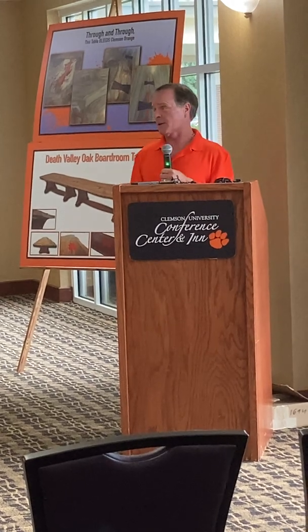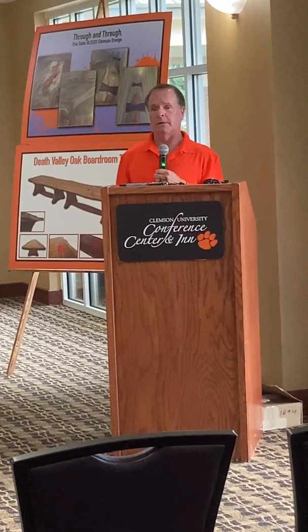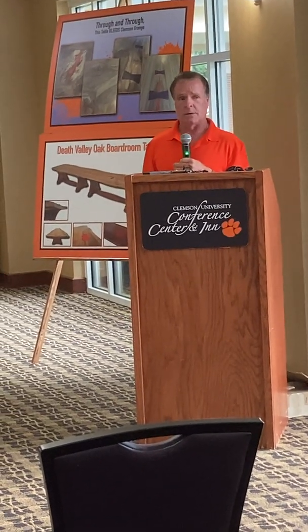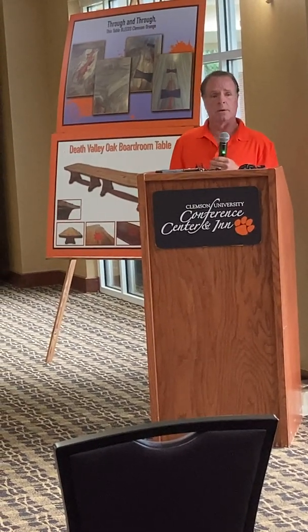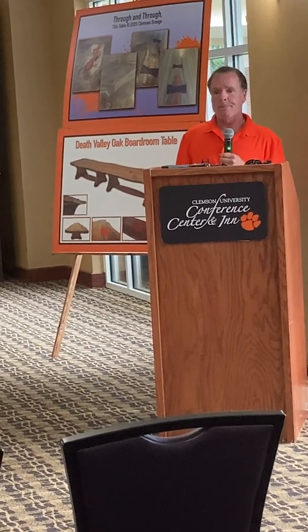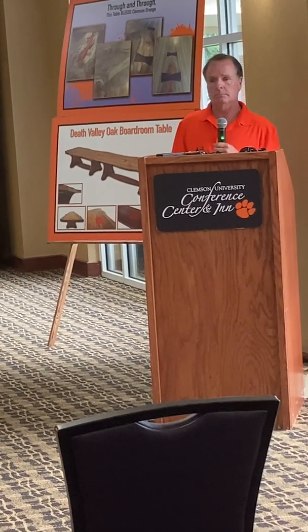So this tree meant a lot to a lot of people, and I'm sure there's talk about the other pieces out there. I know there are some ink pens going around that were made from some of the branches of the trees, and it says the Clemson Oak. Some of the folks here at Clemson own some of those pens. I know that. Okay. Well, if there are not any more questions, I think we're done. If you want to have an individual interview